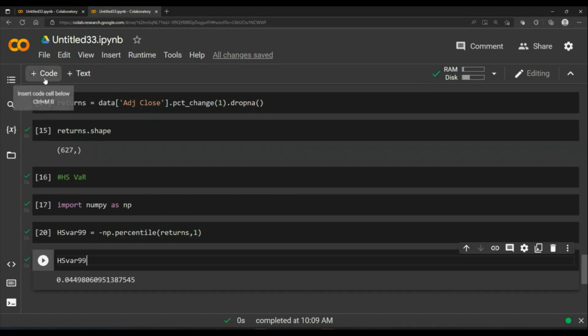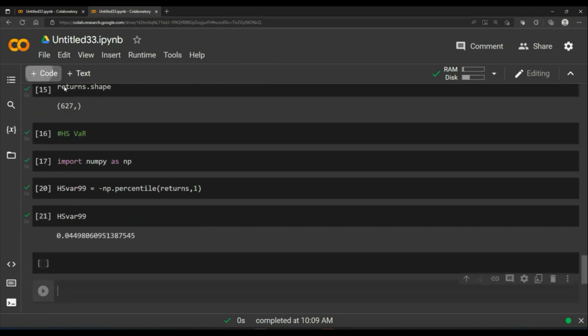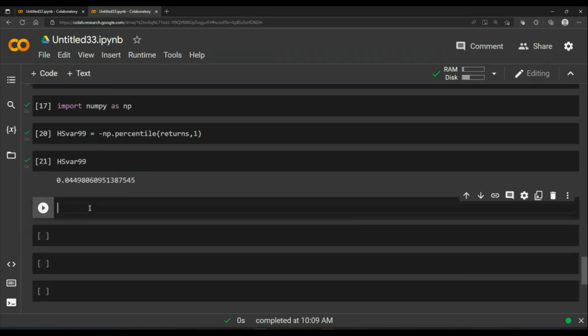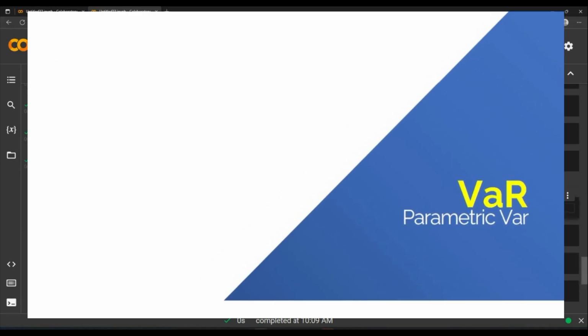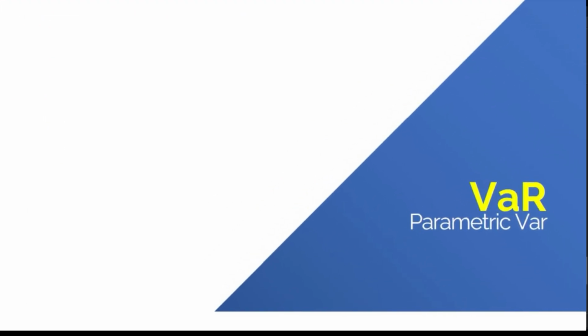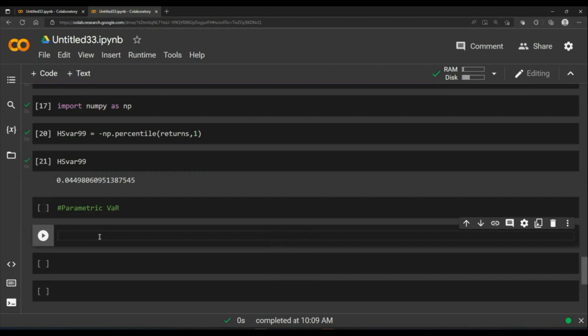Now, can I say the next? So historical simulation VaR, all clear? Yes. Next, quickly, we will look at parametric VaR. So just comment it out that a new section is starting, parametric VaR. And here we can give a variable name,